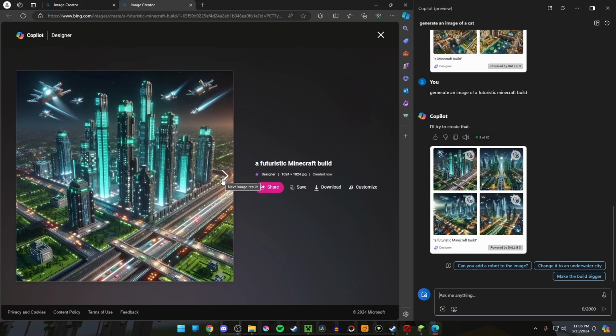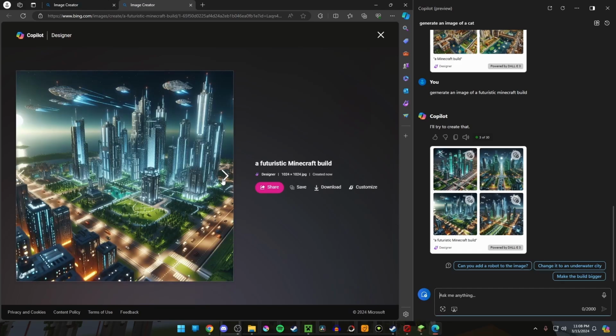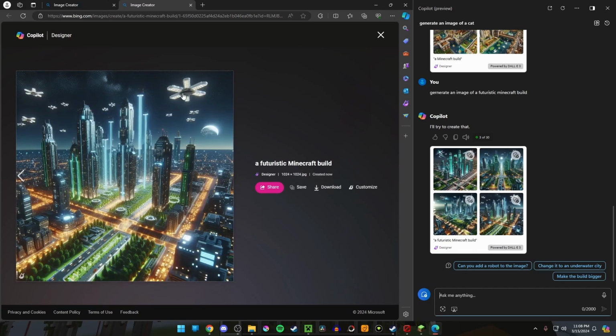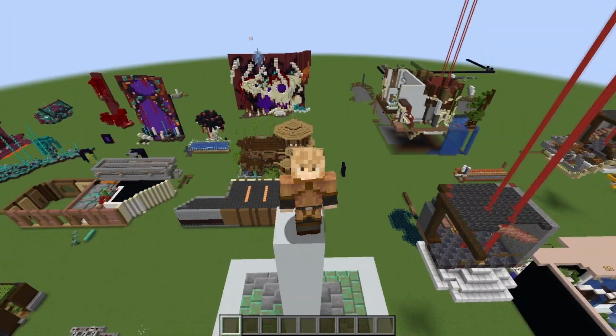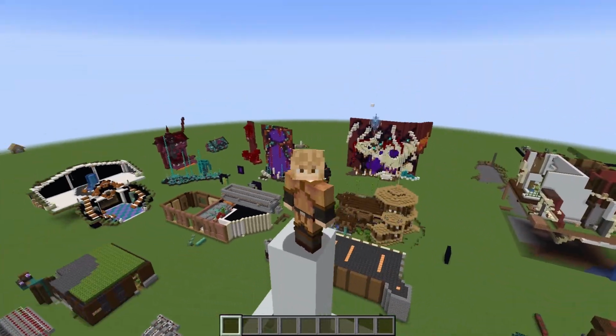Like, that looks sick. That looks like more city skylines though, sadly. But I mean, it's cool. That would be a cool spaceship. I could definitely see somebody making that. But yeah, so I'm gonna go ahead and play around in this, try to find a build that I want. Then we'll start. All right, everyone, after a long time of finagling, I mean like an hour's worth of just